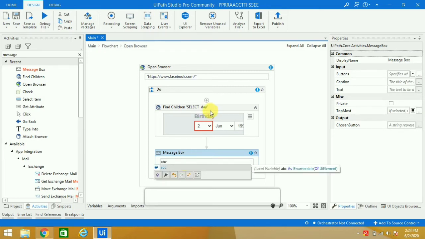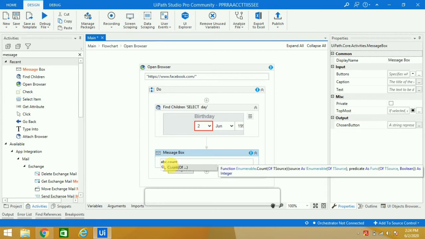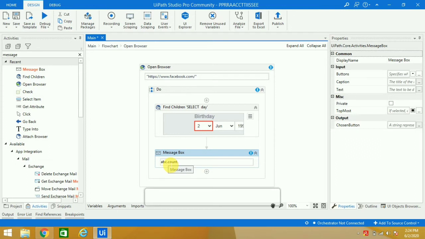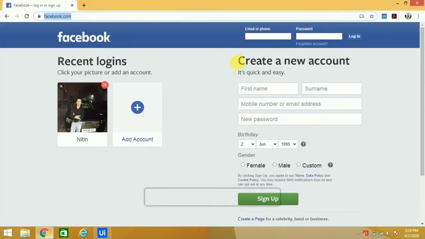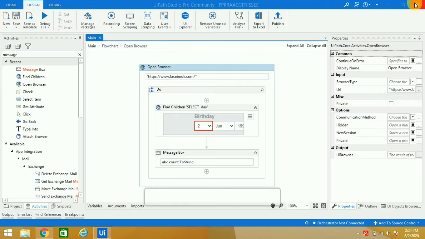Whatever data is stored here will come in this variable, and what I want to do now is to count. So I'll give count dot to string. Okay, all the validation errors have gone away. I'll save it and close this. Now I will see whether my program is running fine or not.